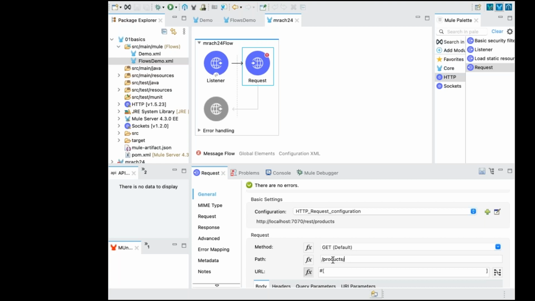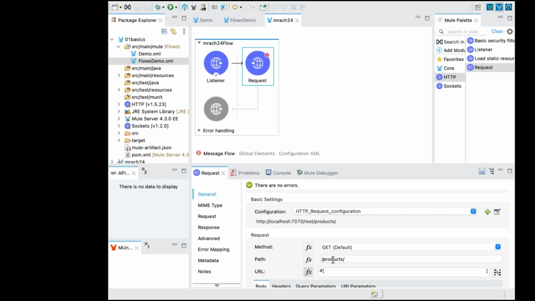And it is expecting some URI parameter. How to write a listener path for a URI parameter? When you are extracting the query parameter you did not write attributes dot query parameters in the listener path.